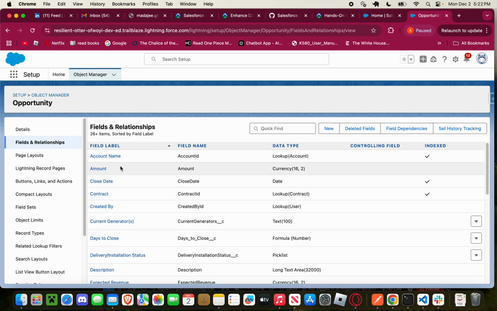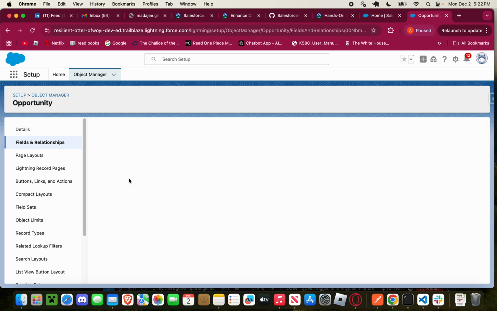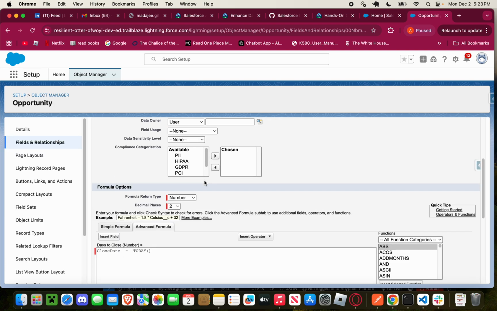So if we do that, days to close, which is again a formula field, and here we use the close date from the opportunity object and the operator as subtract, and then today as the function to calculate the number of days the opportunity has for the sales rep to close,